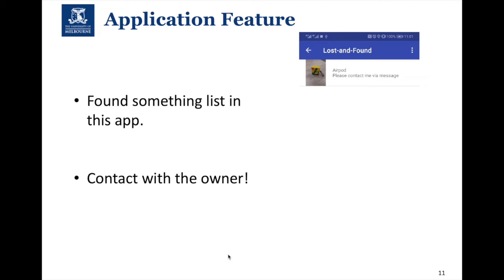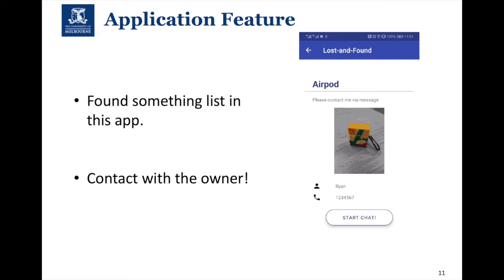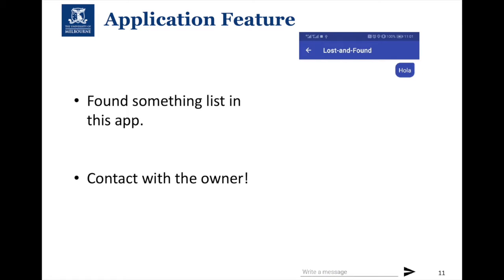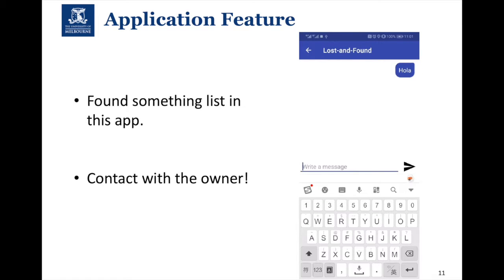Sometimes you may find that the item published exactly matches the item you lost. So you can press the item and proceed to the item detail page. And then you can notice the start chat button at the bottom. You can press this button to start a chat with the publisher. Basically, this application constructs a bridge between you and the publisher and gives you a chance to get